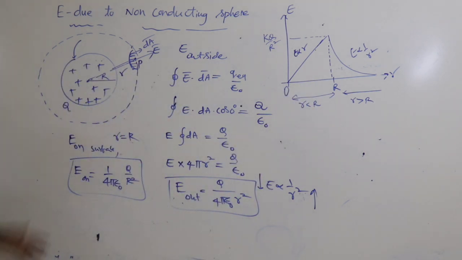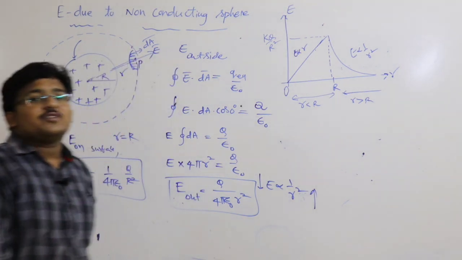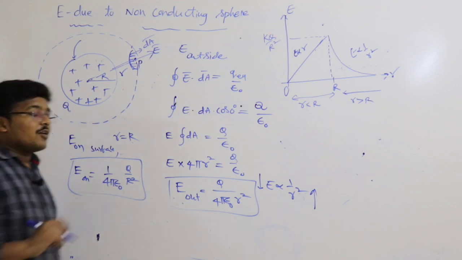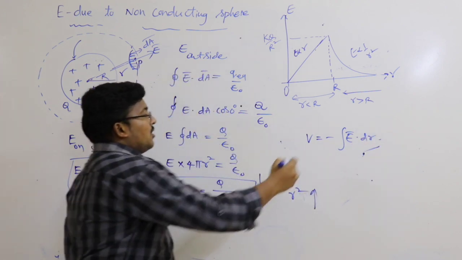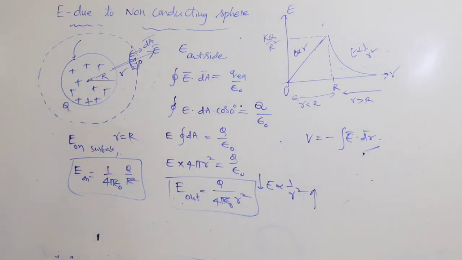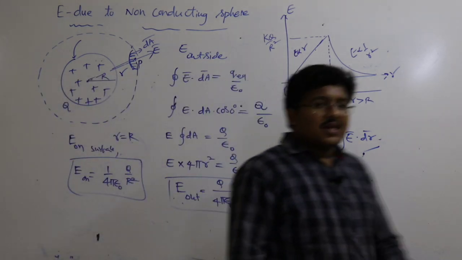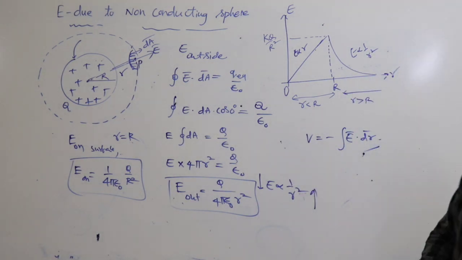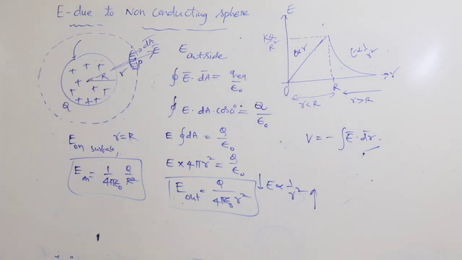Okay? Right. If you know the electric field formulas, then it is easy to find the potential formulas also with the help of the electrostatic formula V equals minus the integration of E bar dot dr bar. So by using this electric field you can find the potentials also, right? So this is the way to use Gauss's law to find the electric field due to volume distributions easily. If you know how to use Gauss's law, then it is very easy to find the electric field, right? So we will discuss the next topic.